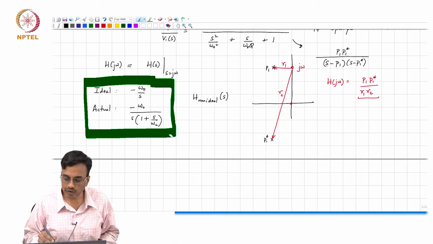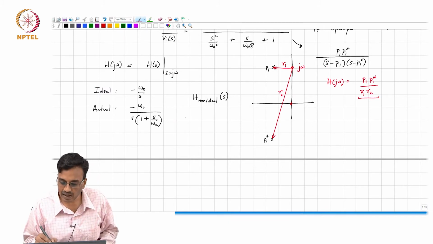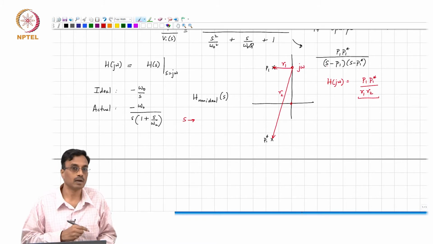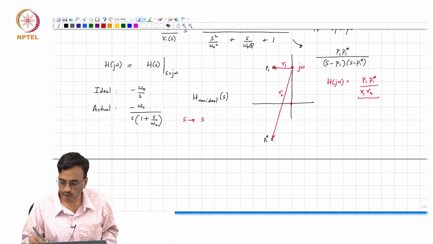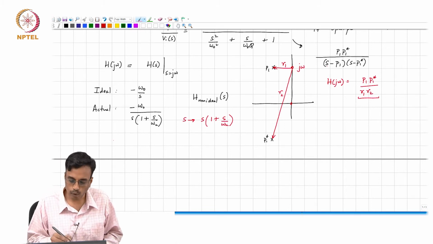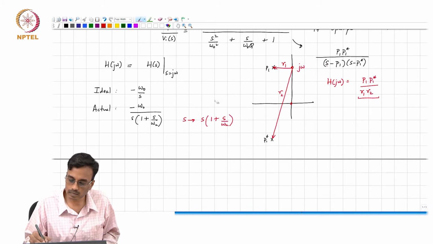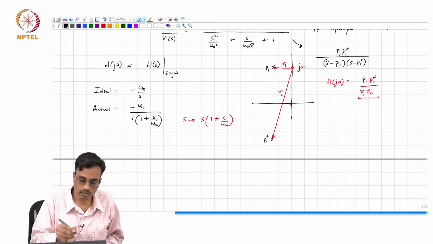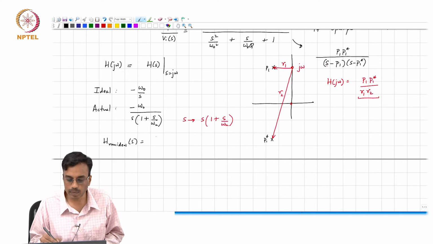There is a simpler way of thinking about it: it is simply replacing s with s times 1 plus s over omega u. Correct? And therefore, H non-ideal of S is simply equal to